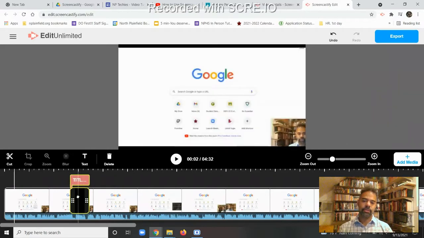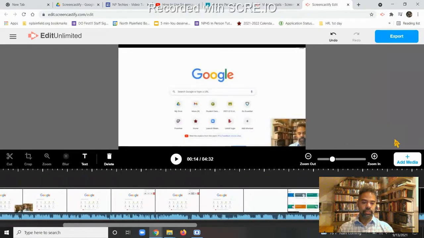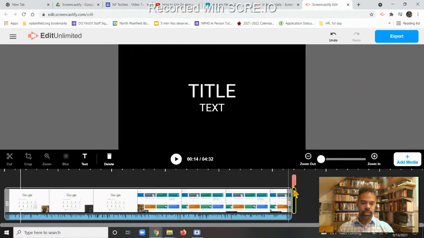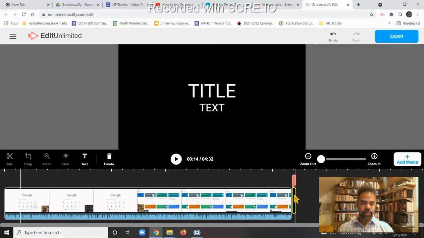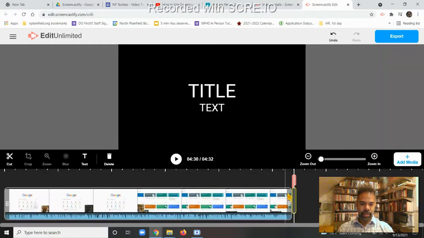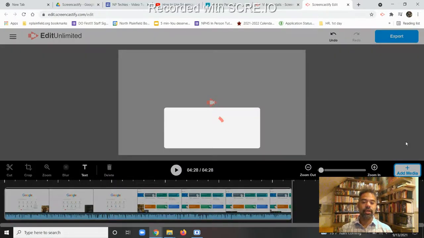So if I try and drop this in the middle, it'll disappear from the beginning, and you'll notice, actually let's zoom out so that way we don't have to scroll as much. It went to the end instead of the beginning. So I don't want that there anymore. So I'm going to get rid of the title. We're going to make sure I highlighted it so it's surrounded in yellow. I delete it. So if I want to add a different bit of media from our drive,